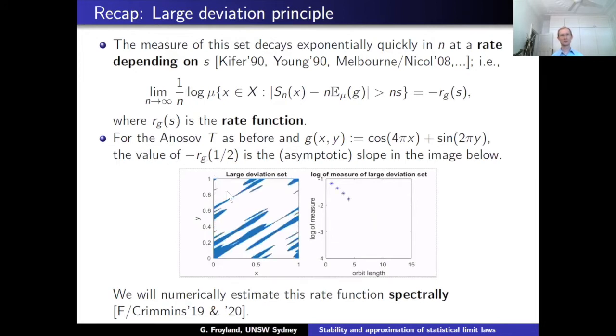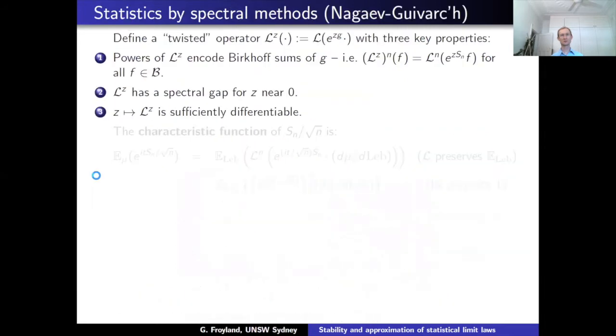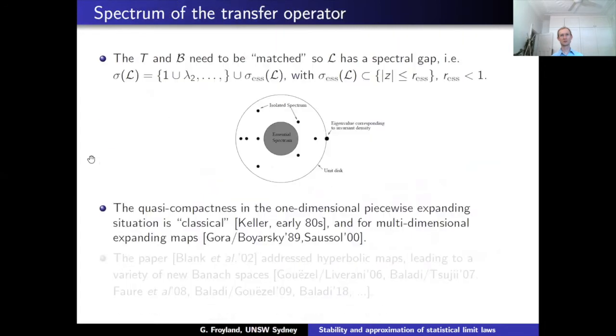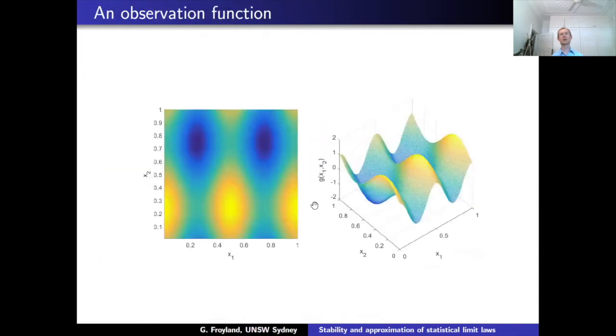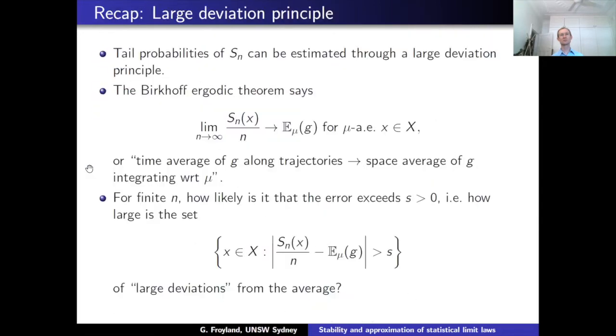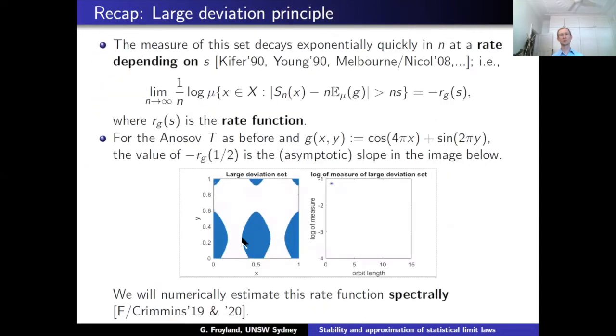Let me indicate this again in an example. It's the same observation function as before. Let me go back to the picture of it to remind you what it looked like. I'm going to choose a threshold of 1/2. So that's up here, and if I cut through the graph at 1/2, you basically get these yellow areas. These yellow areas are where the function exceeds the value 1/2. Now if I go back to my movie, in the first frame, the blue is where the function exceeds 1/2. So in my illustration here, I'm choosing a threshold 1/2.